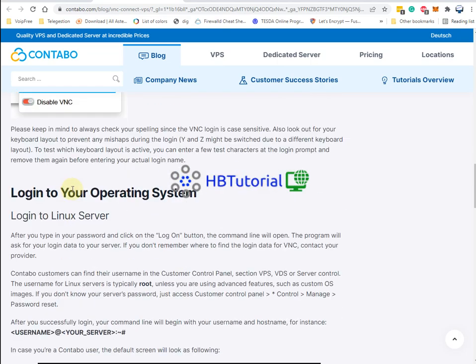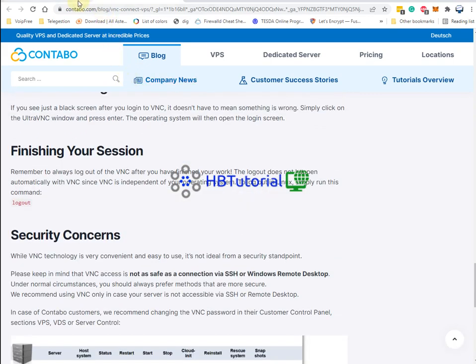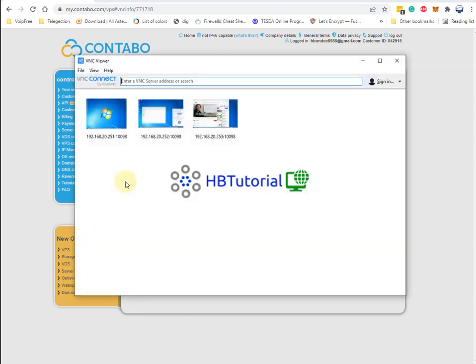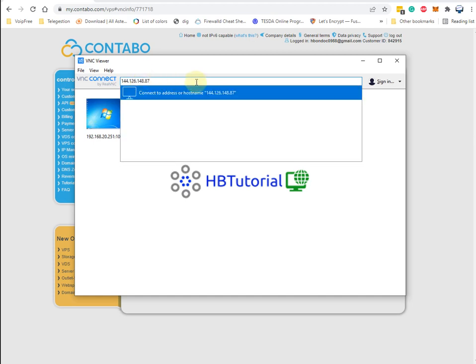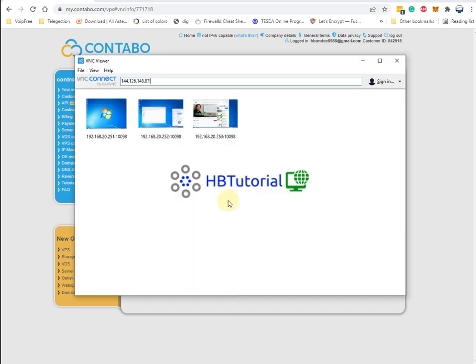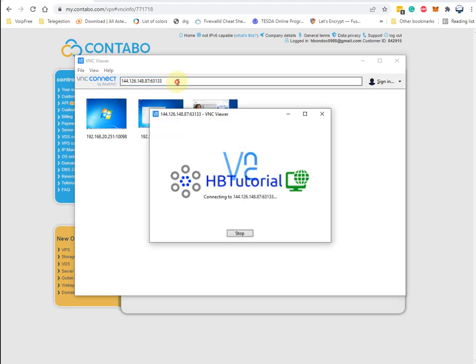Okay, so one VNC password, etc. Okay, so we're going to go back on our server. So this is my VNC IP, and I have already installed a VNC Viewer here. Just paste my IP and colon, and then copy the VNC port, then paste. Okay, then